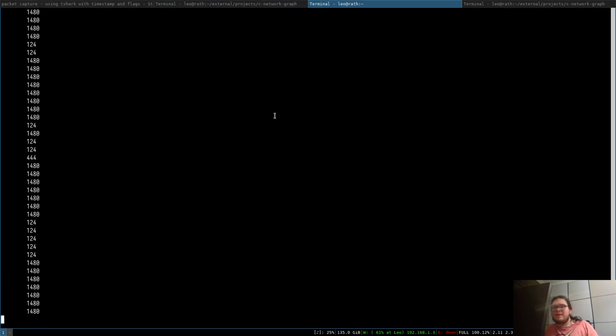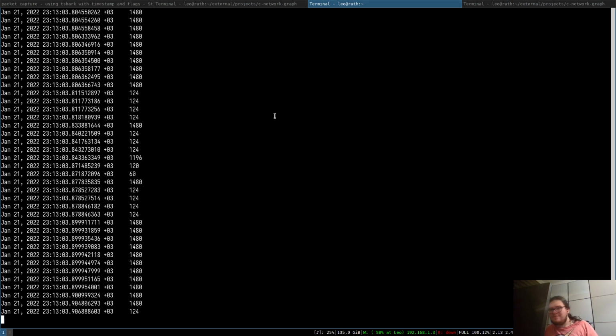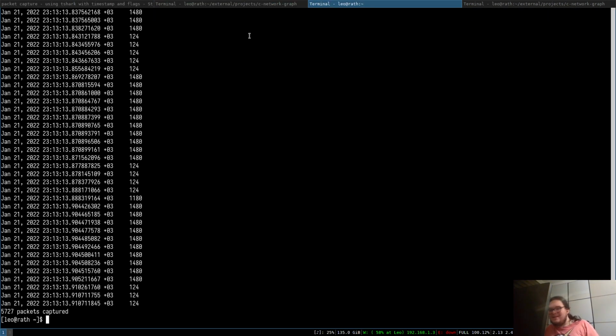Frame.time. Perfect. So, oh, that's not very convenient. That's really not very convenient for me, but let's jump back to Wireshark and try to